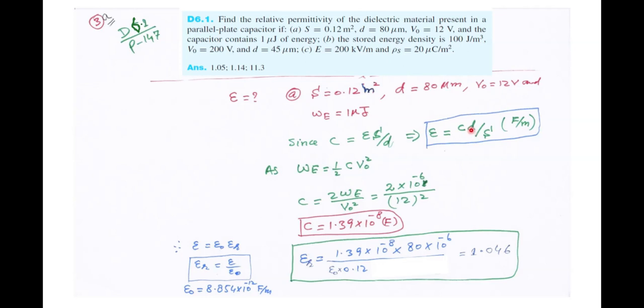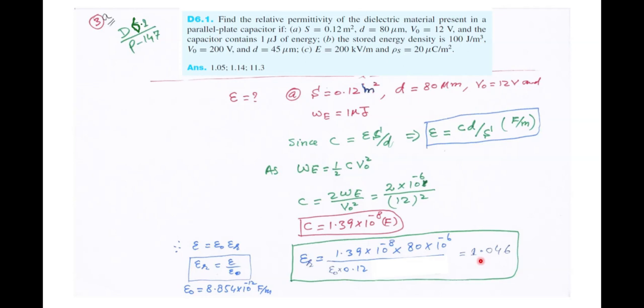Plug in this value in this equation, and using the permittivity, which is the product of the permittivity of free space and the relative permittivity. We know that the relative permittivity is a dimensionless quantity. So plug in the values of C, d, and S in this expression, and also divide by the free space permittivity. We obtain the relative permittivity of the dielectric material